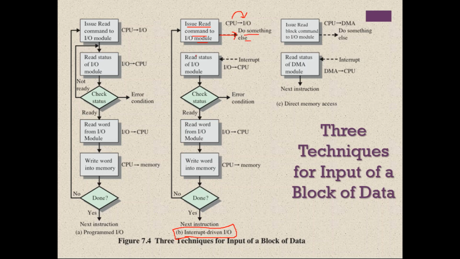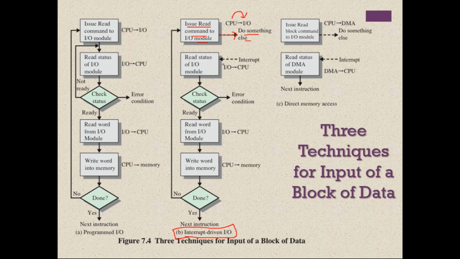In programmed IO there is a connection here, because immediately after that the CPU keeps on checking whether the IO is completed or not. But in interrupt driven IO, that is not the case. The CPU issues the command and then it starts doing its other job. Then after a period of time the IO will complete, right?